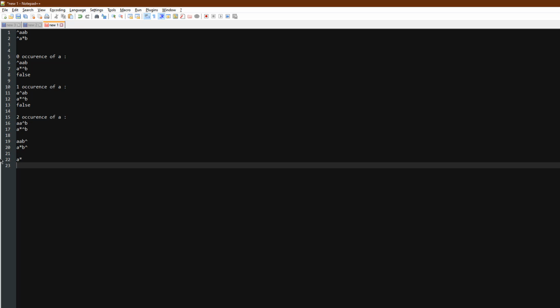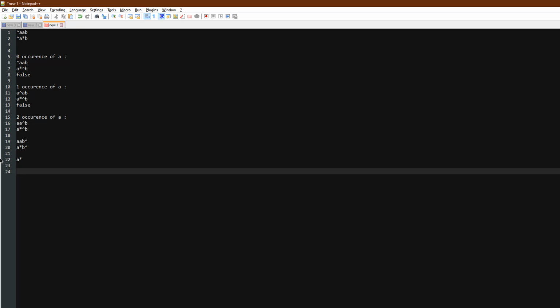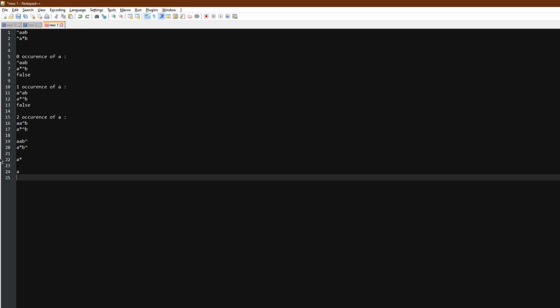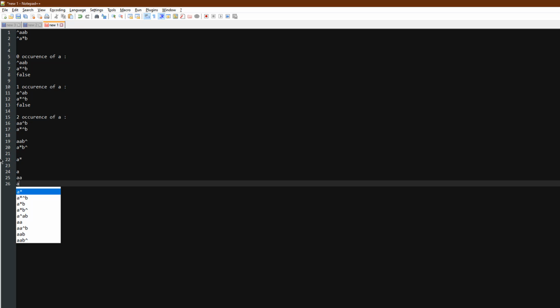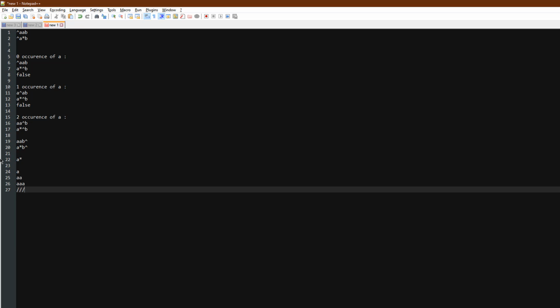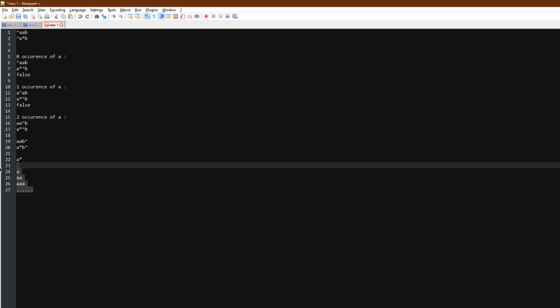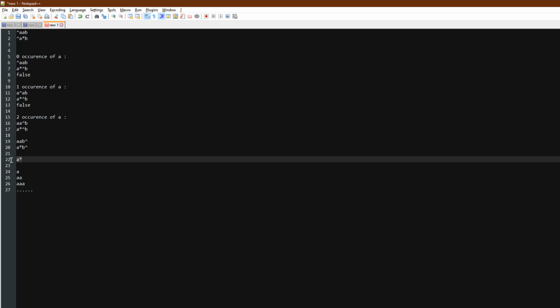One is it can signify zero a's, it can signify a single a, two a's, three a's, and so on. We have to take into account all of these instances of a star, and due to that a single a star can have multiple branches during recursion.